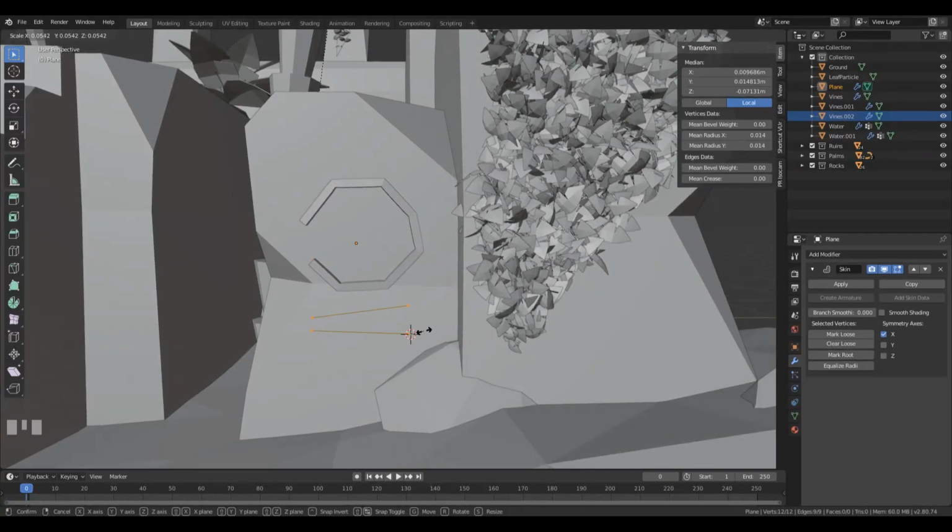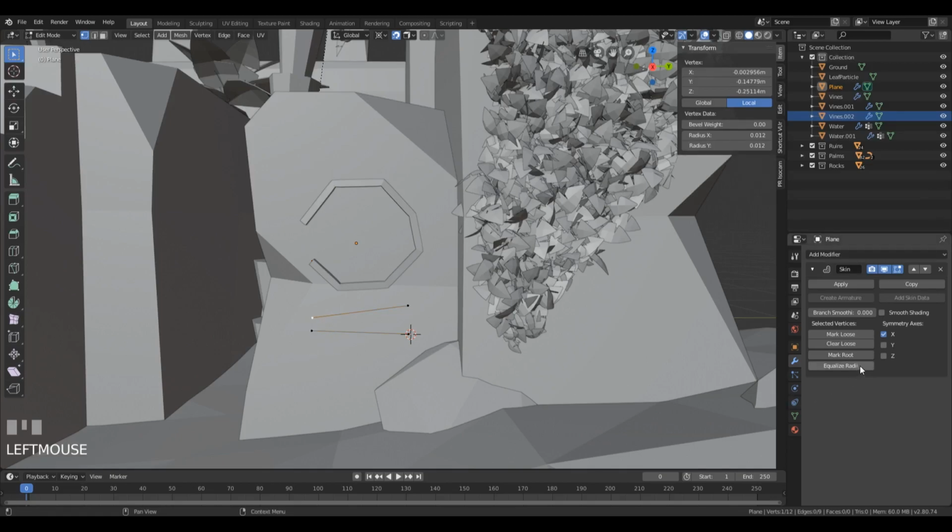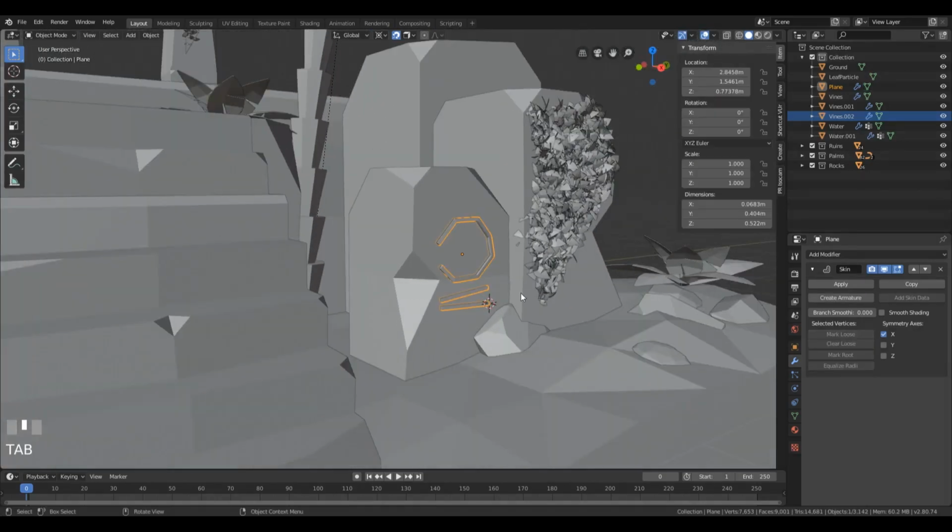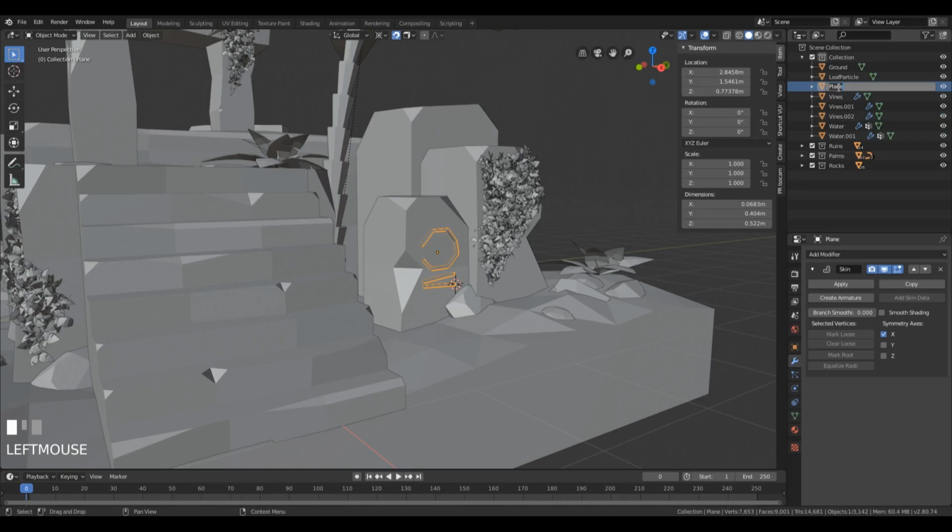So let's make it something like this, and the skin modifier doesn't apply to these two because we separated them, and the skin modifier actually needs a root vertex to know where to start the geometry. And right here we don't have any root, so just click this vertex and click mark root, and this as well, click mark root. You can do it of course at once. If you would select them all and click mark root, it will work. So yeah, this is our first glyph, and let's call that glyph